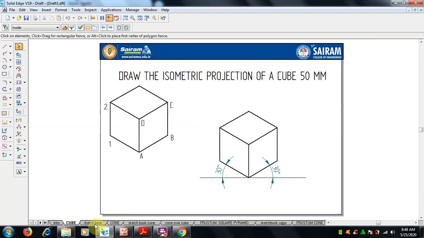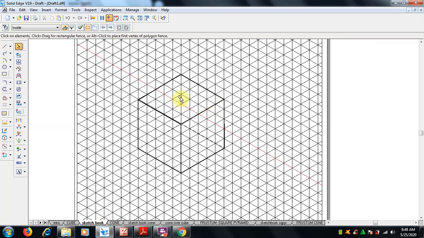So here in the sketchbook how we will draw is, first of all find the midpoints, 1, 2. See here what is the midpoint. If you want to get it exactly, here it will come, or I am going with this because I am not getting the 0.5 mm line, so I'll draw just to find this.